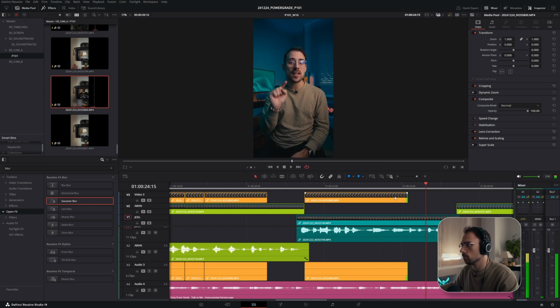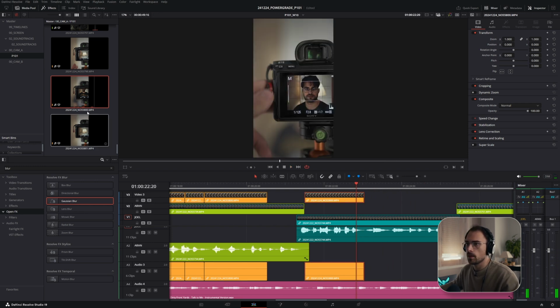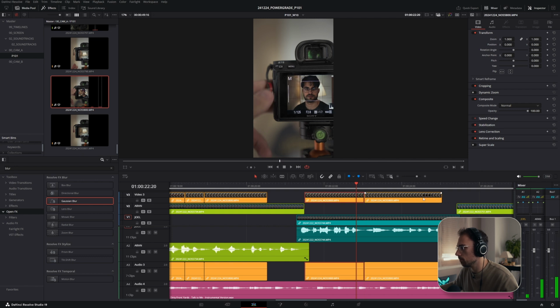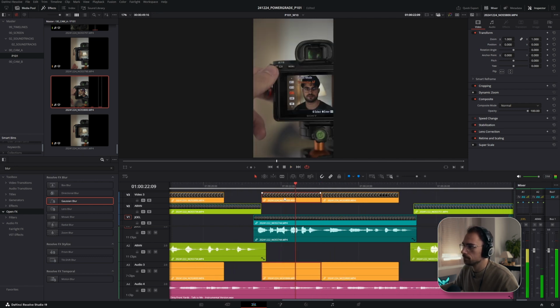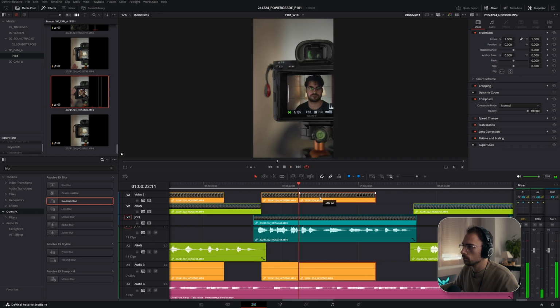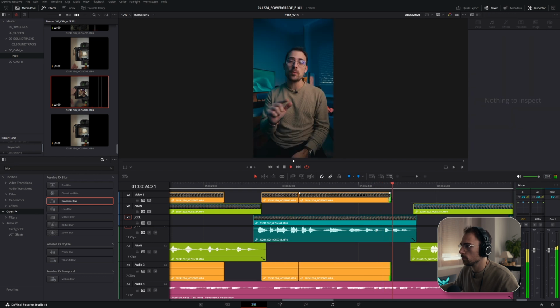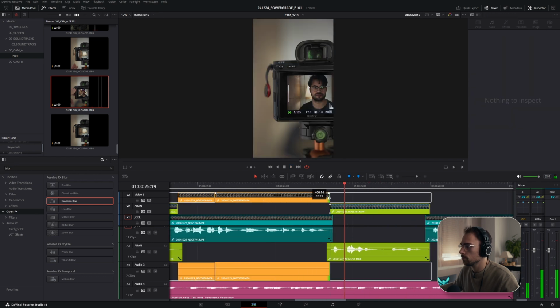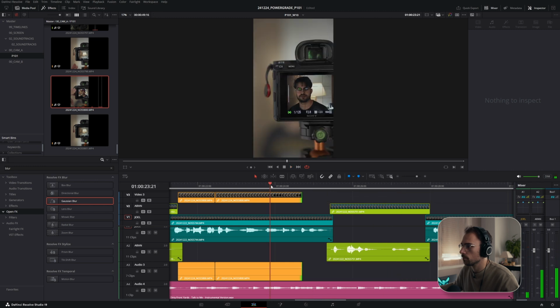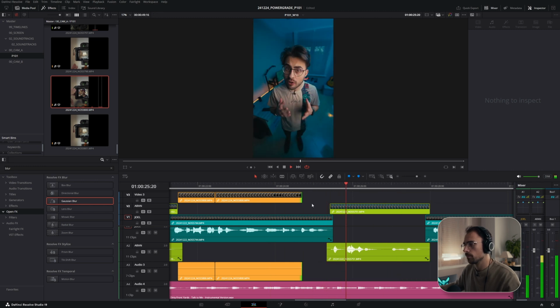Okay, let's have somewhere where he's moving a bit more. Continuous autofocus shines when your subject is moving. But autofocus isn't perfect. In low light,